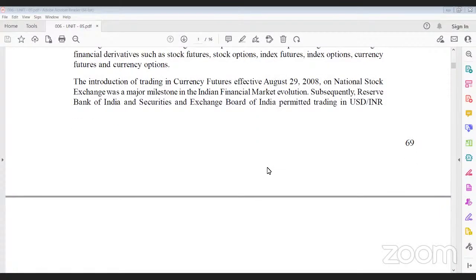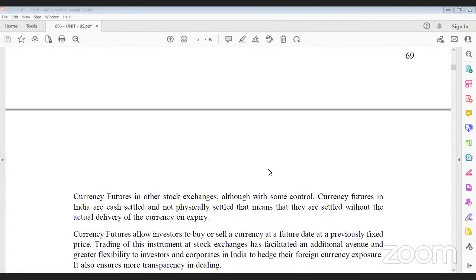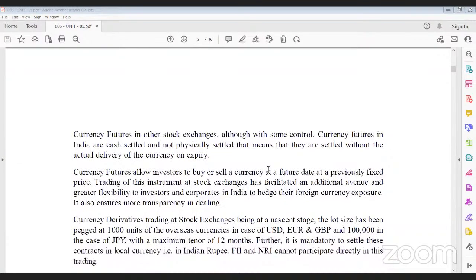SEBI, and trading begin with dollars, USD, and Indian currencies. Future currencies allow an investor to buy or sell currencies at a future date at a price which is already fixed. And this buying and selling is considered to be trading. The word we use is trading, and trading of these instruments on BSE and NSE, like stock exchanges we